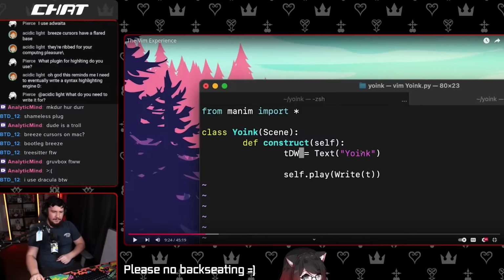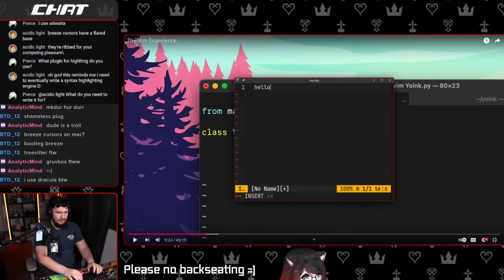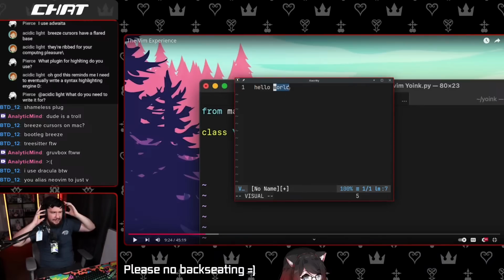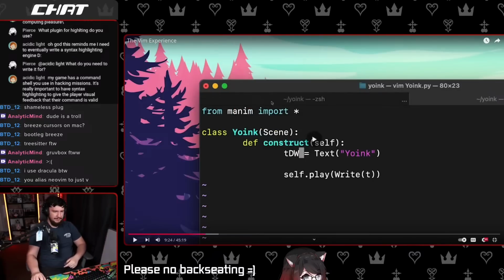I'll just bring it up. It's easier to explain like this. If I write hello world, and we change word or delete word from here, that deletes it from the cursor position. But if we go back to the start of the word and delete the word, it deletes it from there. But in something that's a bit smarter, you can very easily work out that if there's a space between what looks like a word, this whole thing is a word. So more advanced editors would treat the entire thing like a word. And I believe you can do that in Vim with some fancier commands anyway. Just not with the basic stuff.